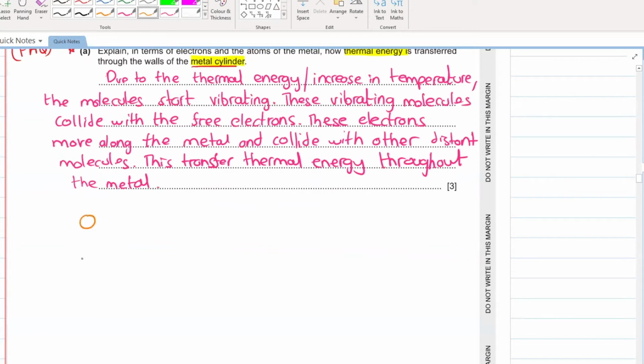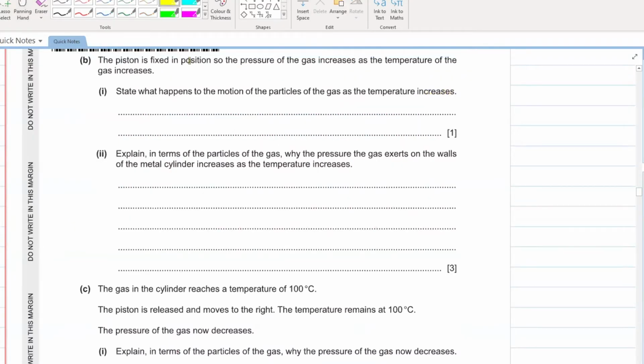Beta, you have molecules in a metal like this. What electrons do is, they hit one molecule, take its thermal energy, then move along and provide it to the molecule at the further end. Simple as that. The piston is fixed in position so that the pressure of the gas increases as the temperature